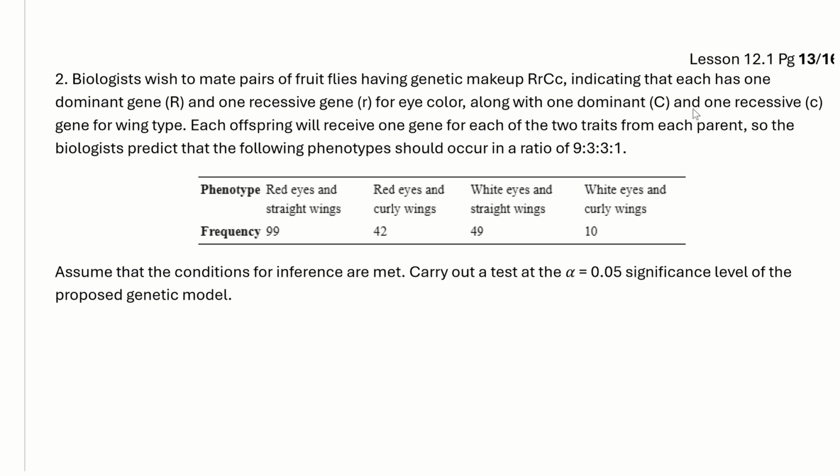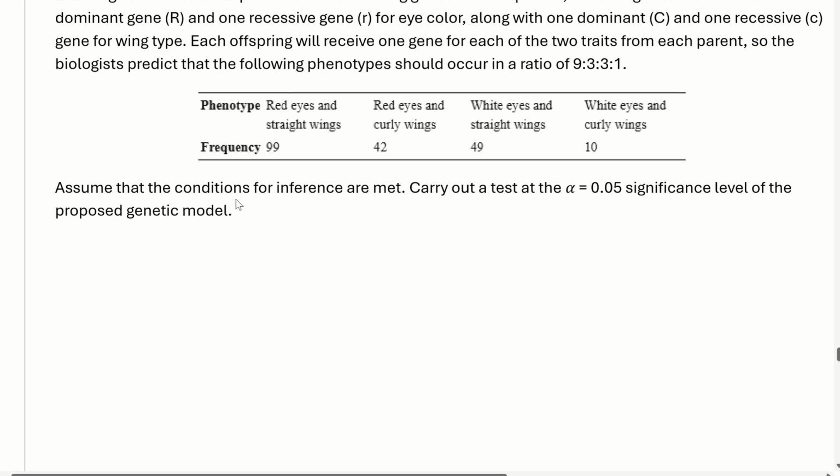So again, straight wings versus curly wings, recessive being the curly. Each offspring will receive one gene for each of the two traits from each parent. So the biologists predict that the following phenotypes would occur in a ratio of 9:3:3:1. So this is based off of Mendelian genetics. Assuming that the conditions of the inference are met, carry out a test at the alpha equals 0.05 significance level